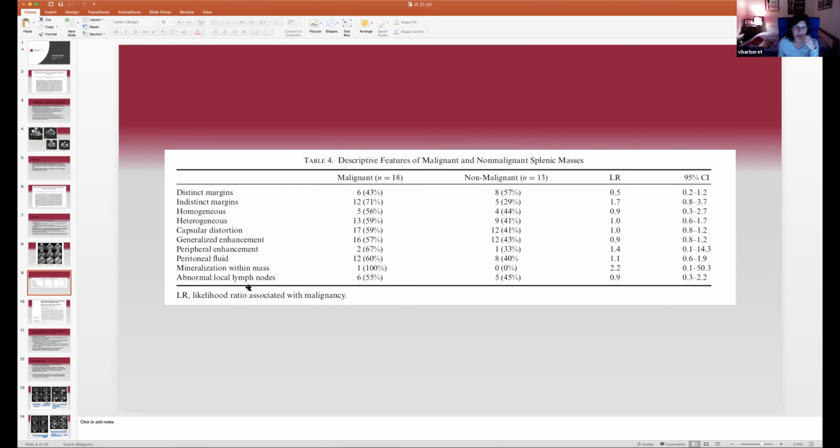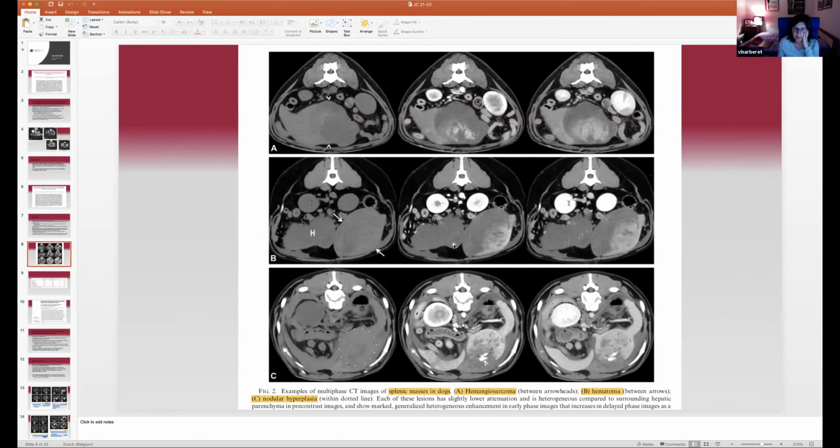Mineralization in the mass, well, just that one. So as you can see, for all the criteria they used, they didn't have much differences. So they illustrated that with